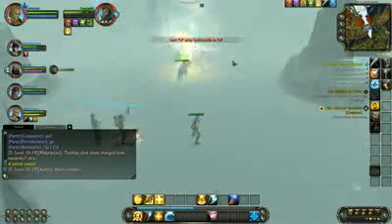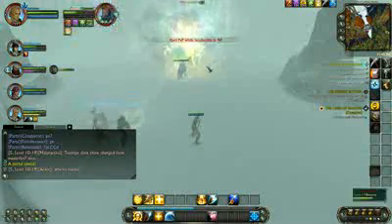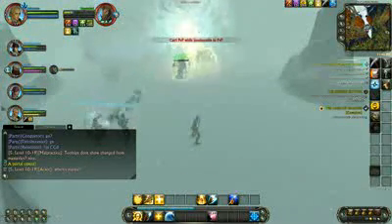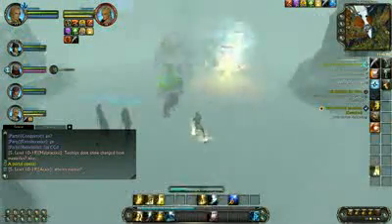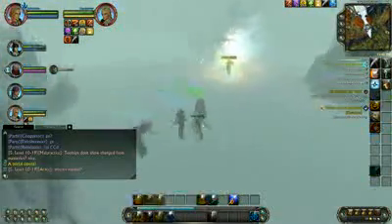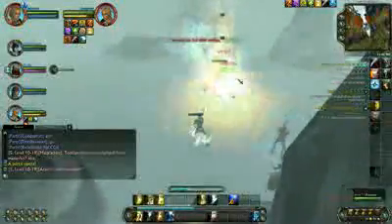Whatever. Oh, this is funny. The pet pulls aggro. It says can't PvP while invulnerable to PvP. Basically, because I'm in this zone, I can't heal the pet. That's what it's telling me. You can only heal the pet in PvP, which is kind of weird. But fortunately, he pulled him back before he died. But anyway,